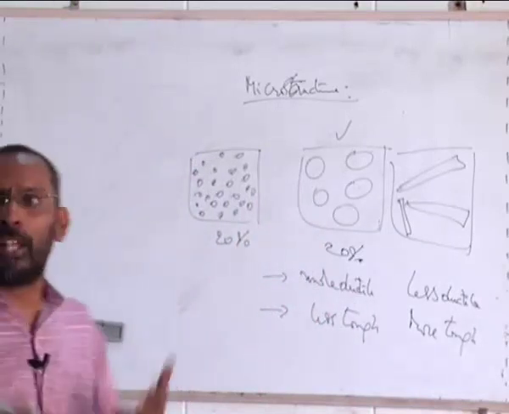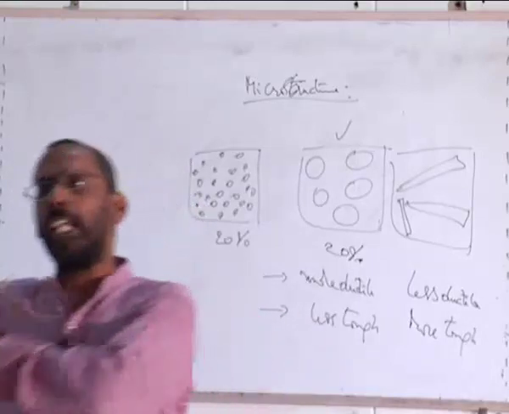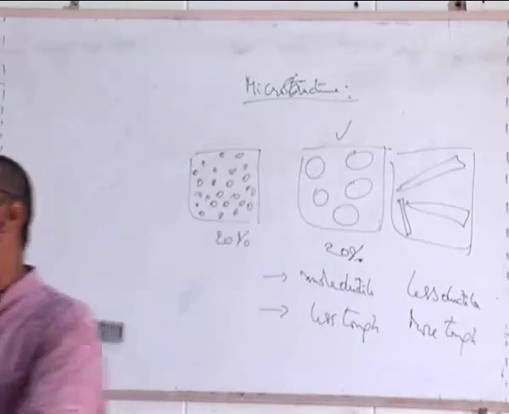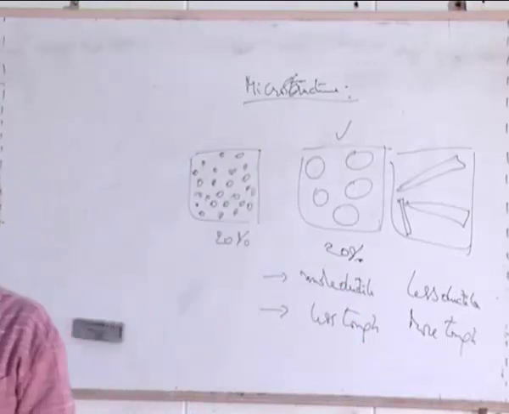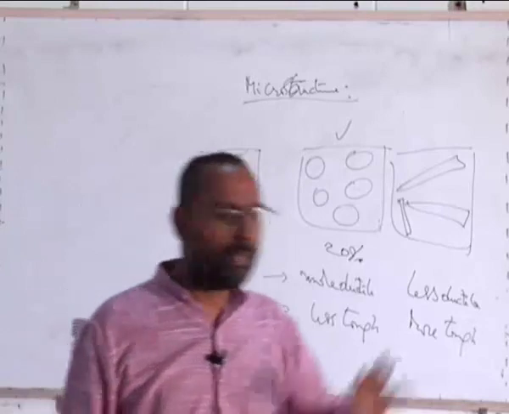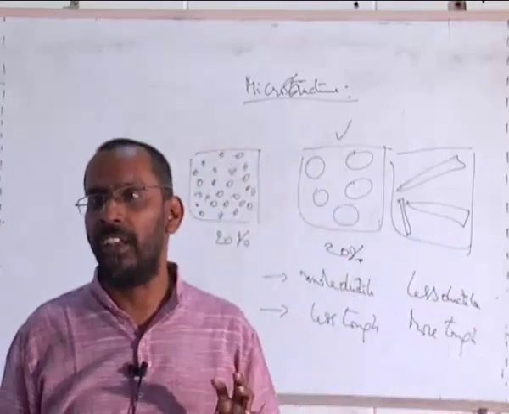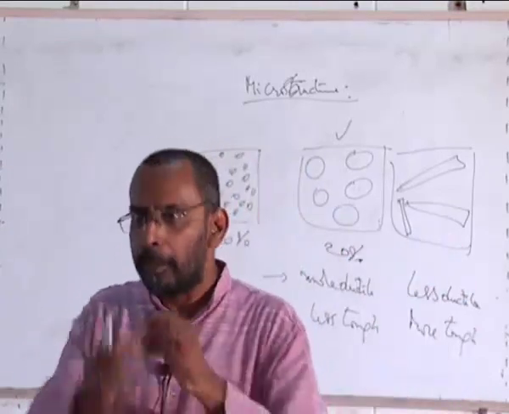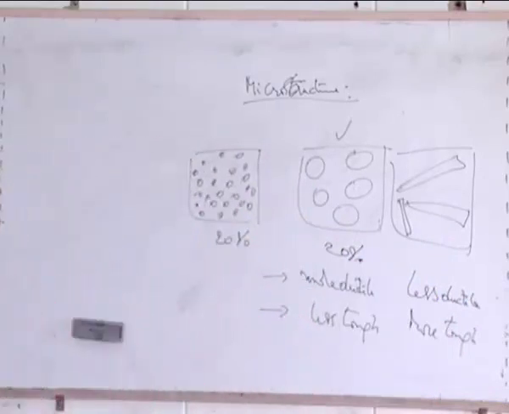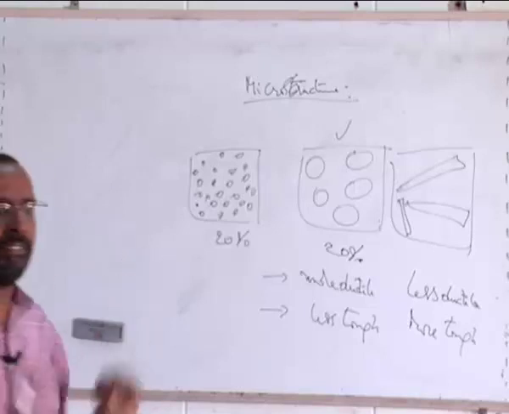And people are now going to the level of what is called computing the properties by looking at the microstructure. They don't even measure the property. They don't take a piece of it and measure the toughness of it or measure the strength of it. They simply look at the microstructure and do programming where by just calculating the fraction of the second phase, by knowing the size of the second phase and by knowing the shape of the second phase, can I predict the property without even doing a destructive testing? Because most of our testings are all destructive testing. I take a tensile sample, pull it, it breaks, right?